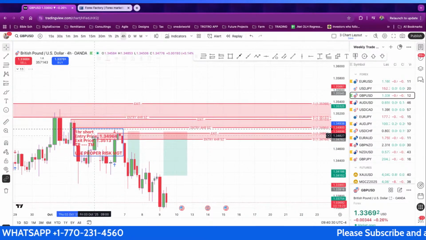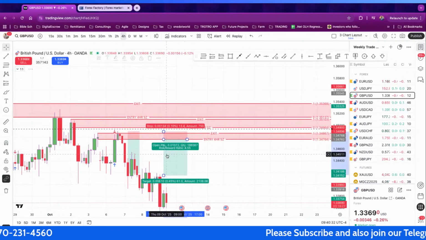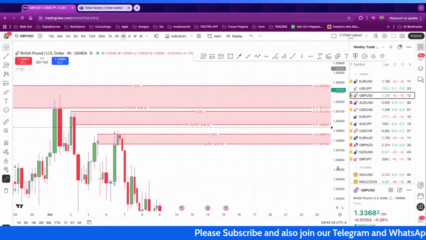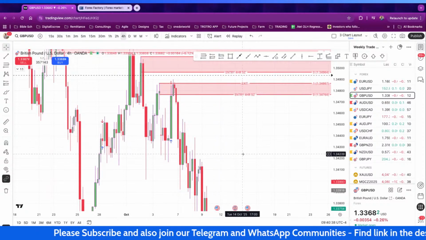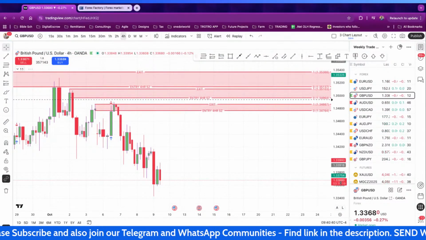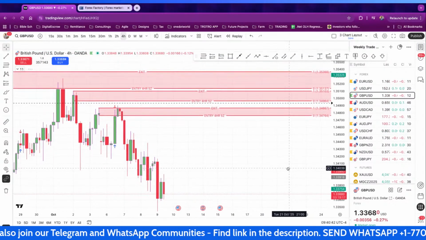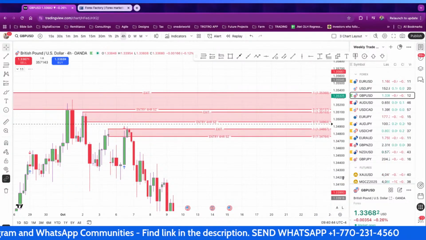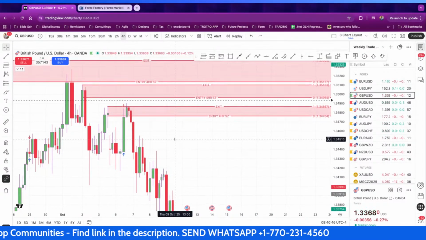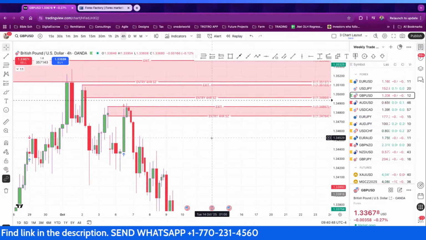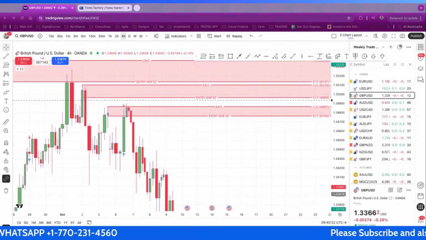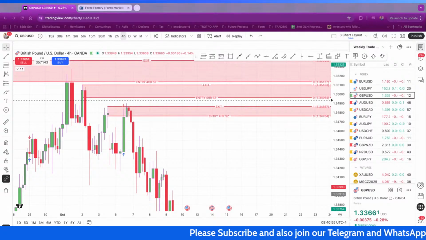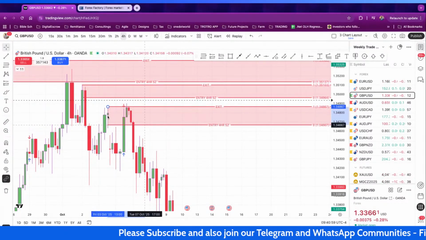So there's a lot of movement over here. The market is on a downtrend, going down, but of course we want to be part of the movement, as always. When the market is in an uptrend, we go up with it. In a downtrend, we go down with it. So the market is on the downtrend. We need to find a spot somewhere and go with the market as it's going down.